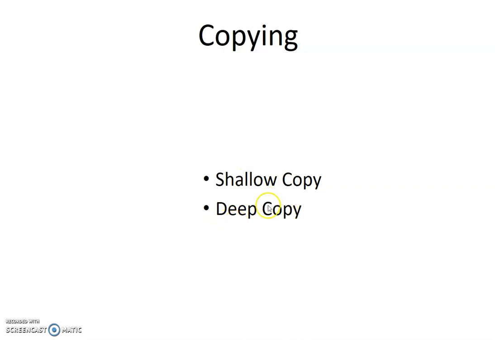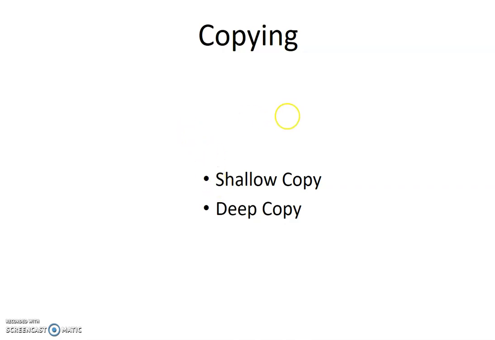You might have an idea of the meaning of a shallow copy and a deep copy, right? When we are copying the reference, we call that a shallow copy. When we are copying the values of all the members one by one, we call it a deep copy. In order to do this, we have inbuilt methods. We just invoke those methods and then we complete the copying.